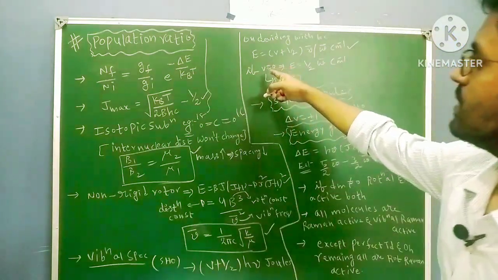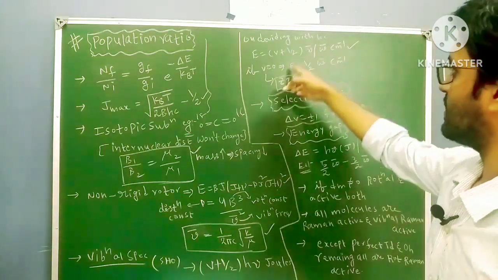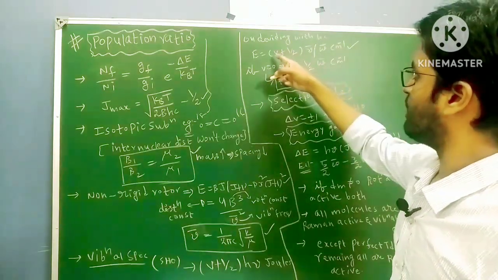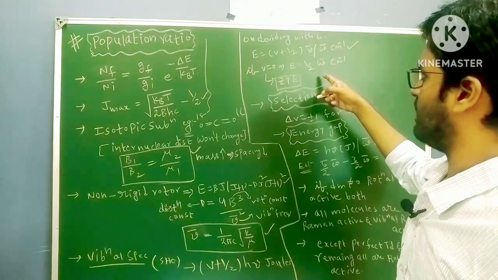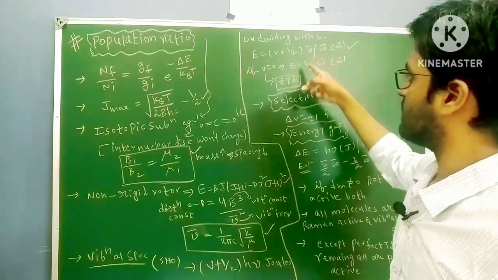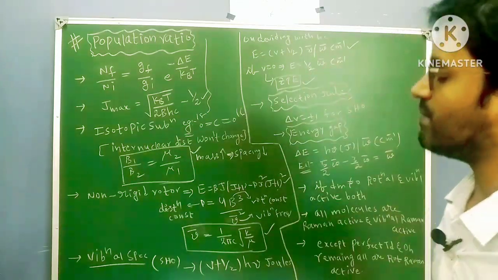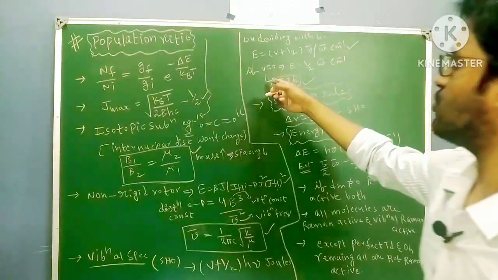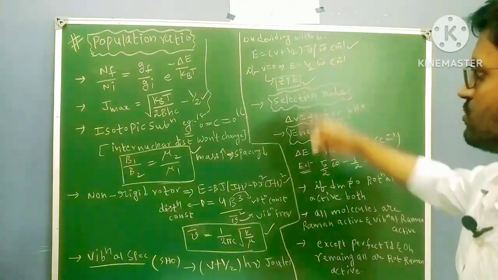So if I put V equal to 0 value here, then I will get half omega bar. If I put 1, 3 by 2 omega bar. If I put 2, then 5 by 2 omega bar. So this half omega bar is nothing but your 0 point energy. This is also very important. The question might come, right? So when you have the 0 value, half omega bar, this is nothing but 0 point energy.